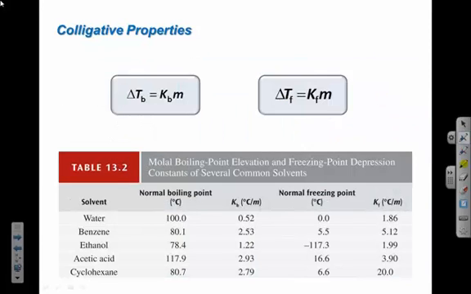It's the same type of formula. So unless I give you delta T, m, and i, I can't expect you to know Kb. I would have to give you delta T, m, and i. Then I could ask you to calculate Kb if I wanted to do that. But usually Kb is known for a solvent, so you just look it up. So that would probably be given to you, so I'd probably give you Kb. I would probably give you quantities